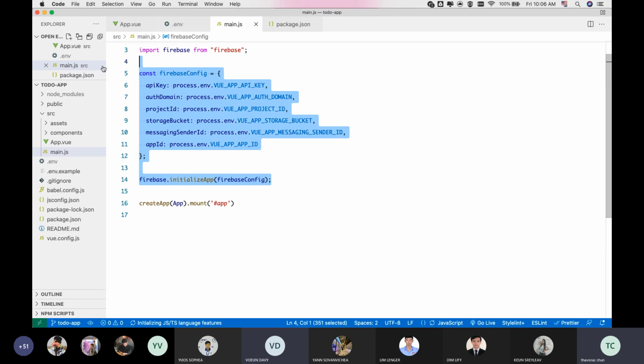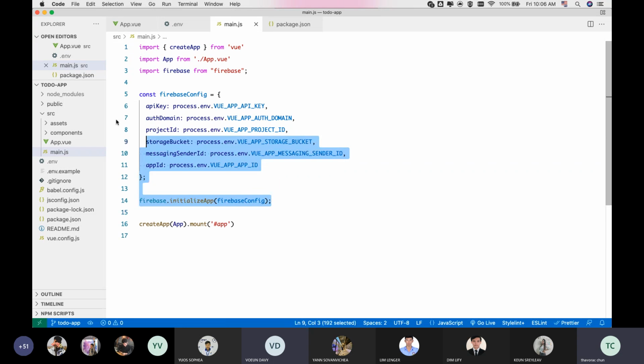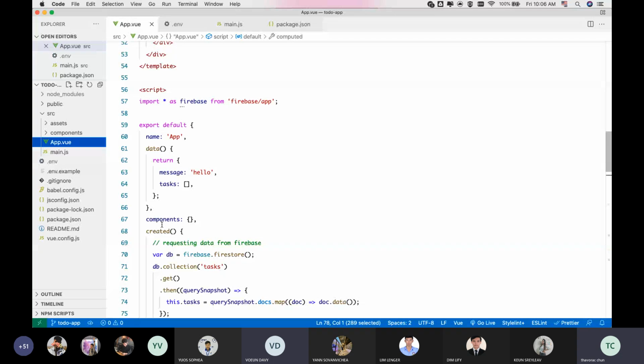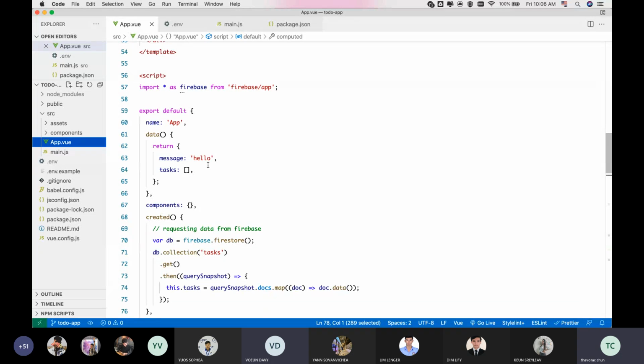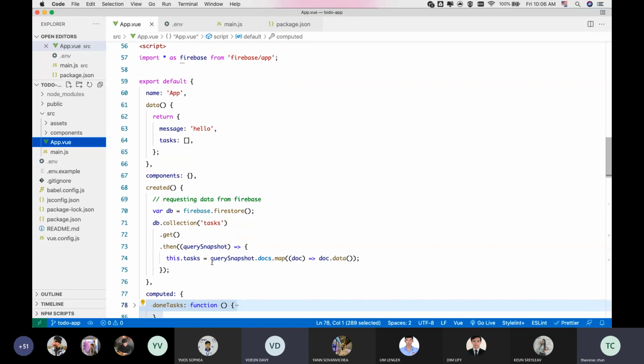Inside main.js we just connect with the Firebase server by providing the information, so that we can access our own data stored inside Firebase. And inside the application, after we configure everything correctly, we connect to the Firebase collection by writing this code